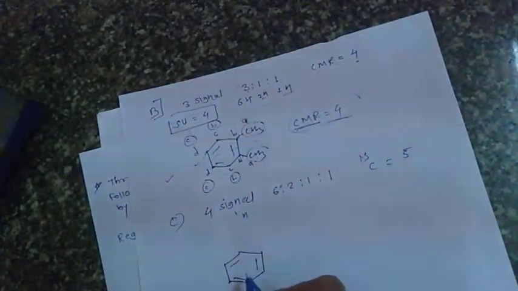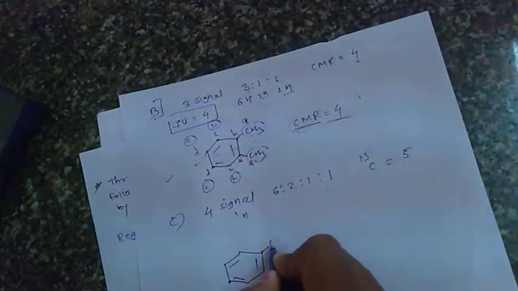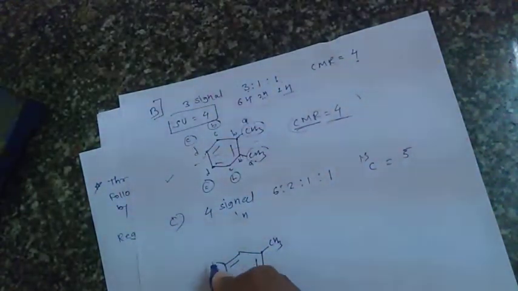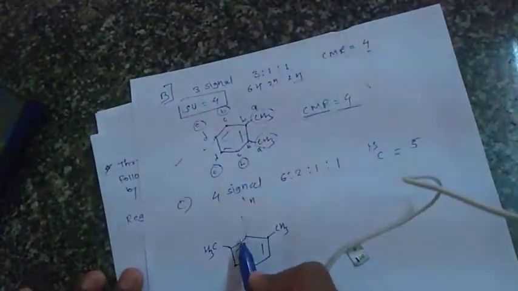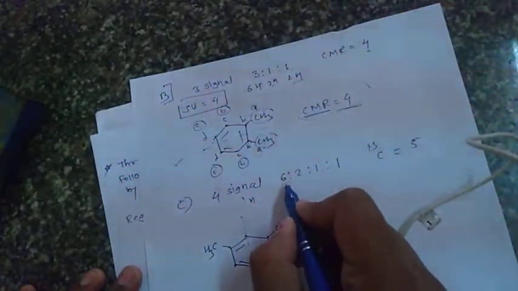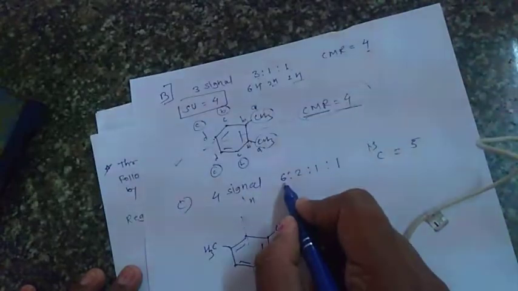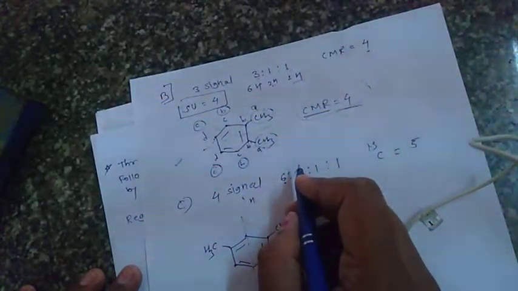Yes, this is the benzene, and in which manner do we arrange it? If we arrange it like this, with 2 CH3 arranged like this, then what happens here? If I take a plane through this carbon at the center, then what happens here? First of all, find out the number of hydrogens using this ratio. Here 6, that means what?